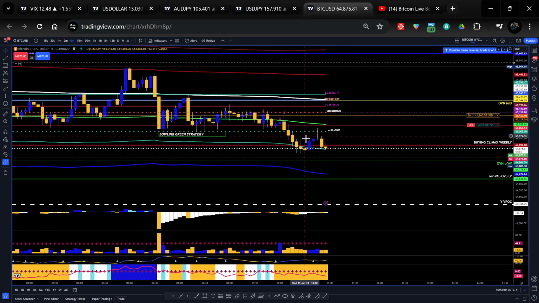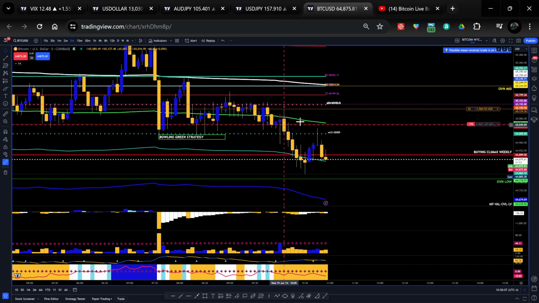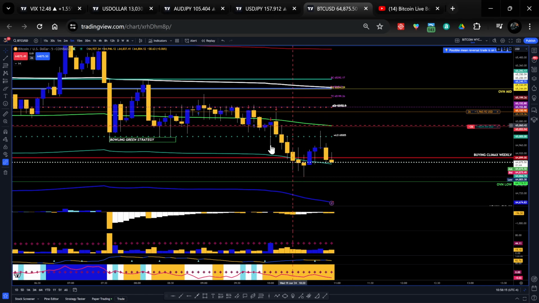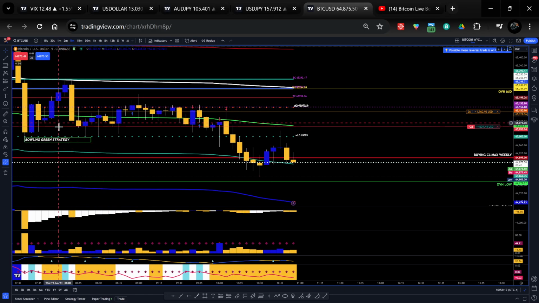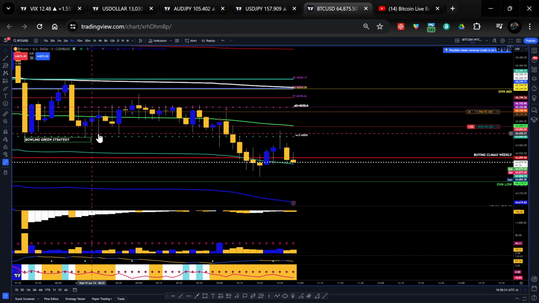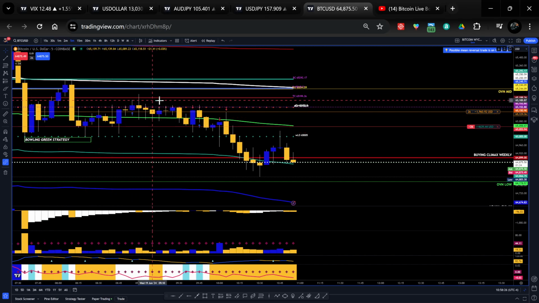It's the same kind of setup here where we're actually losing this first lower deviation, heavy selling from first lower deviation. That's where I took the short from, right? So we tried to break above. I was looking at it as a possible Bowling Green strategy, right? For the reversal. Reversal is failing.